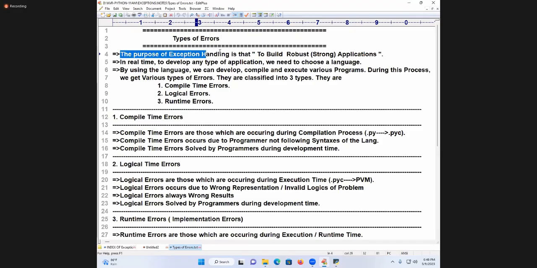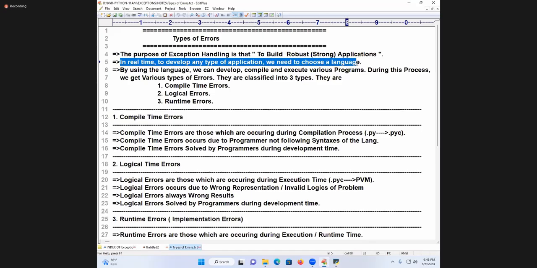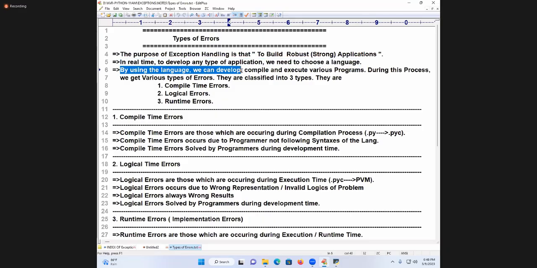The purpose of exception handling is to build robust applications in real time. To develop any application, we need to choose a language. By using this language, we can develop, compile, and execute various programs. During this process, we get various types of errors. They are classified into three types: compile time errors, logical errors, runtime errors.